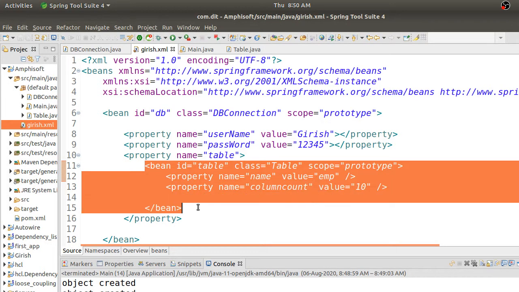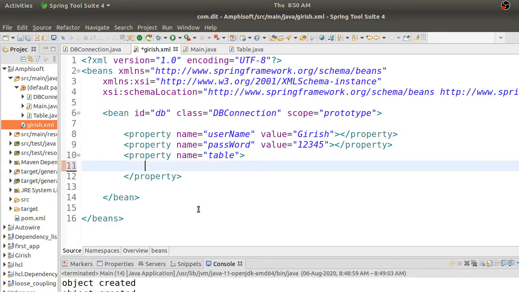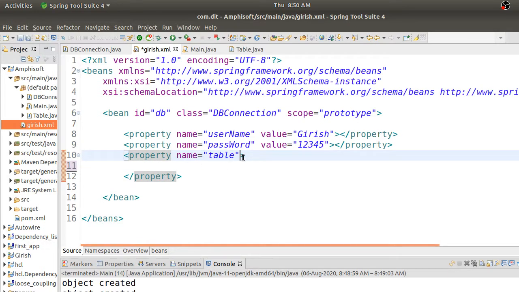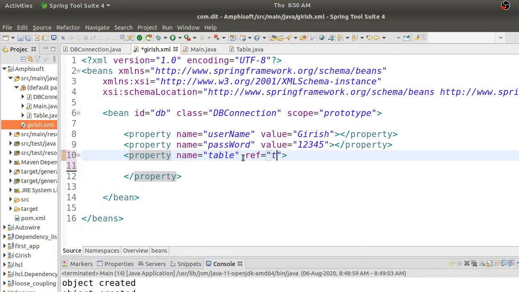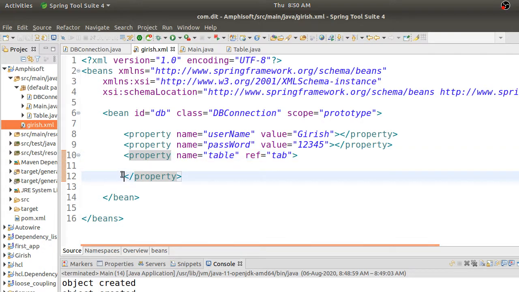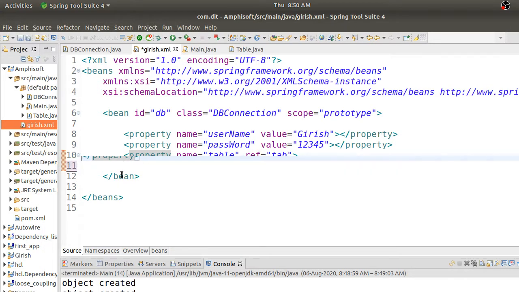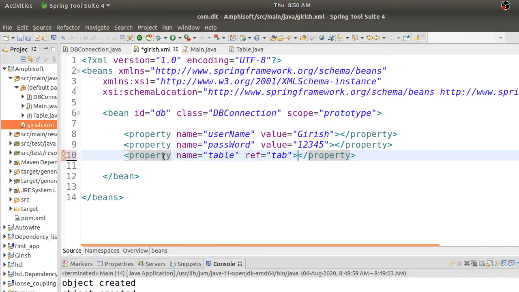But what I'll do is avoid this. I'll remove this bean from here, I'll just cut it. I will give the property name as table, but I will use ref. I'll give ref equal to some name for my reference, so I'll just give tab. Tab as the reference. Why did I do it? Because next time I don't want to declare this property again; it should be already available.